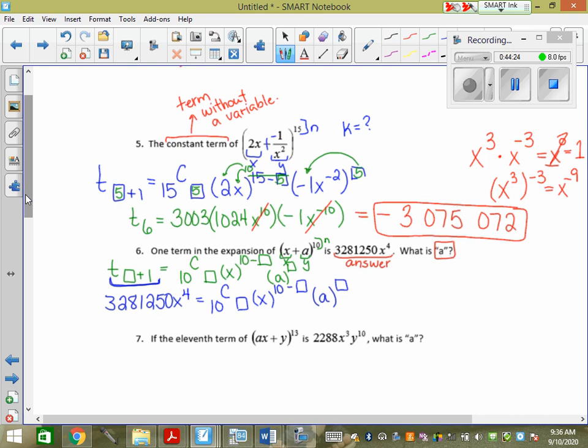Now the answer is going to give me some bit of information that will let me get k. All right? Usually you look to the variable. So the variable here is x to the 4. Why wouldn't I look to this? Because this number is something that if they all have coefficients, I can just multiply them to get that big number, right? So it doesn't really give me anything. But this here helps me. I need to have an x to the 4, right? I have a variable in here. It's x to the 10 minus blank. What does the blank need to be in order to get x to the 4? 6. And if this box is 6, then this box is 6, and this box is 6, because they're all k.